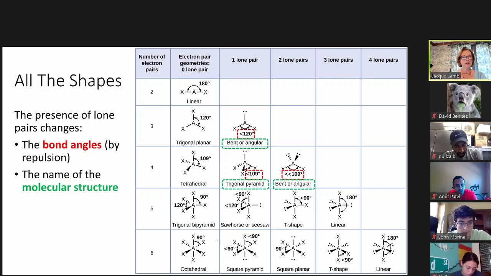And the bond angle is going to be much more compressed than it is with only one lone pair. You can simply say much less than 109.5. Oh, excuse me, 109. It's actually about 104.5 in water. If it's different constituent atoms, it might be a little bit different, but it's less than 109 because those two lone pairs will spread out a little bit more. So each of these has a name. The name here represents the molecular structure. When we get down here to